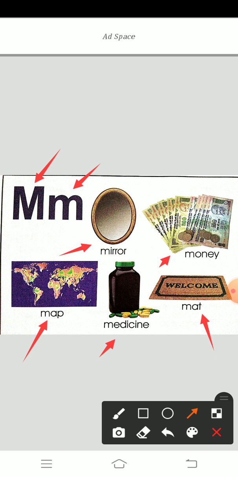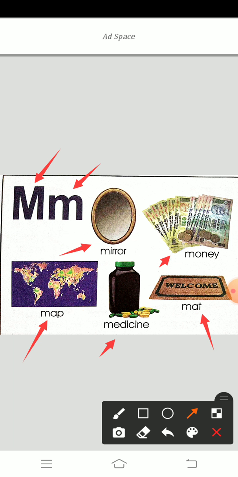MAP, map. A map shows the land part and water part, everything. So we can see this is the world map. We can see our India in this map. There are many types of maps: Indian map, state map, district maps. Even many places and railway stations are shown. Many important places can also be shown in the map.